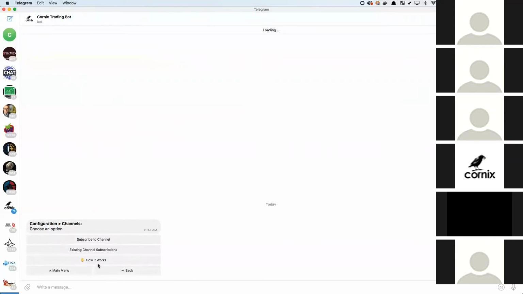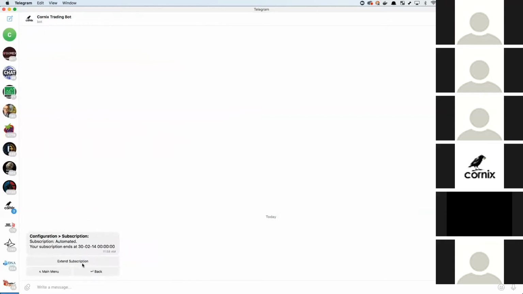Channels is basically where you can either see your existing subscriptions or subscribe to new channels. You also have a link for that in the main menu nowadays, where you can subscribe to a channel and very easily start auto trading based on the channel. Subscription is just where you see your actual subscription to the bot, where you can extend and upgrade your subscription. And notifications is where you can enable notifications generally if you don't have it activated already,